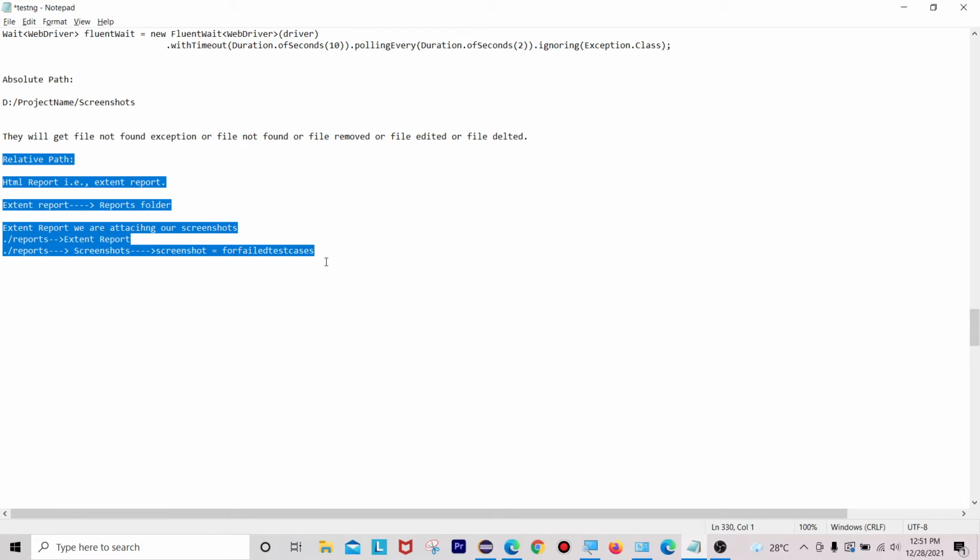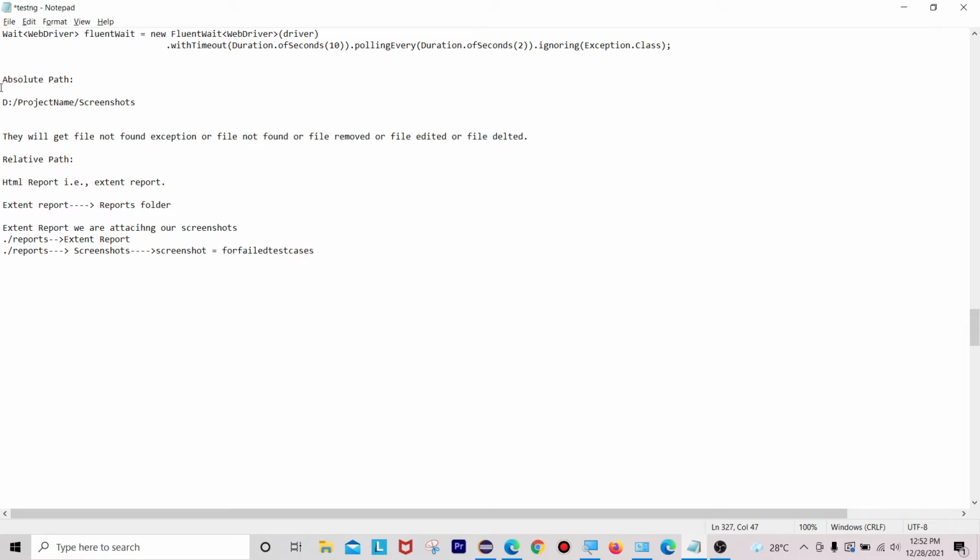This is the main, important concept before we do the screenshots configuration inside our extent report HTML file. Usually people mention the absolute path, and the execution report works fine on their machines along with their screenshots.